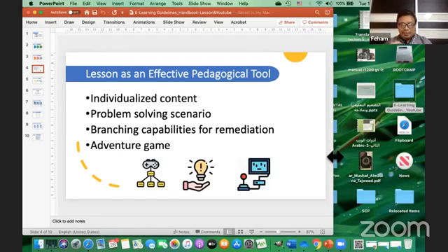Learning which accommodates the student's needs, skills, and background. Branching capabilities will guide students to explore further. It can portray the environment of discovery learning. You can create multiple tracks. You can create branching in your content, which will guide students to different parts.